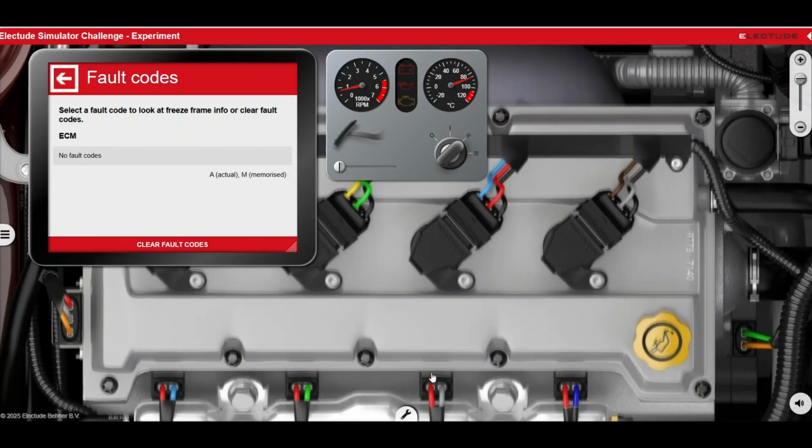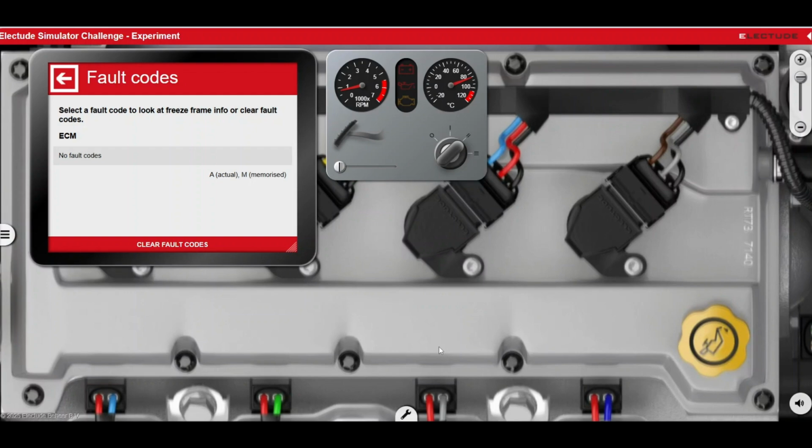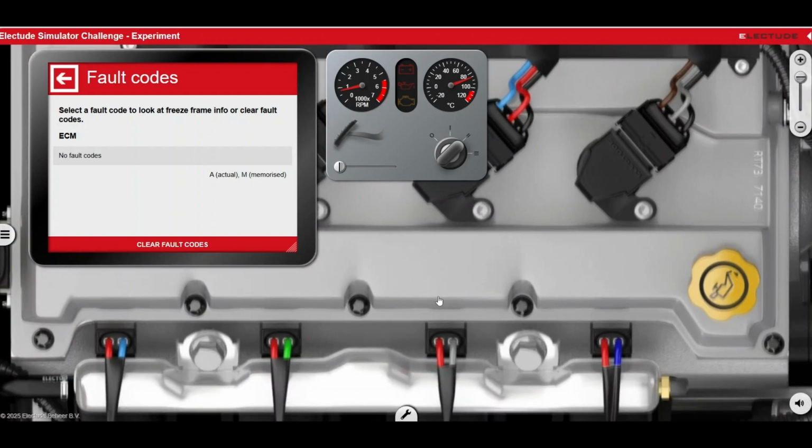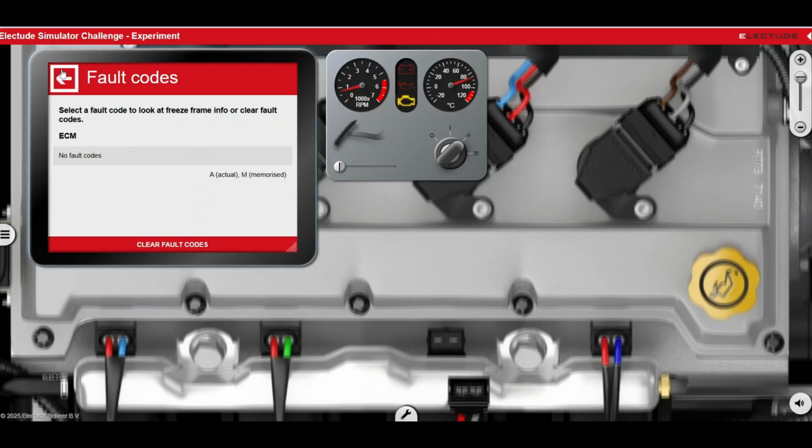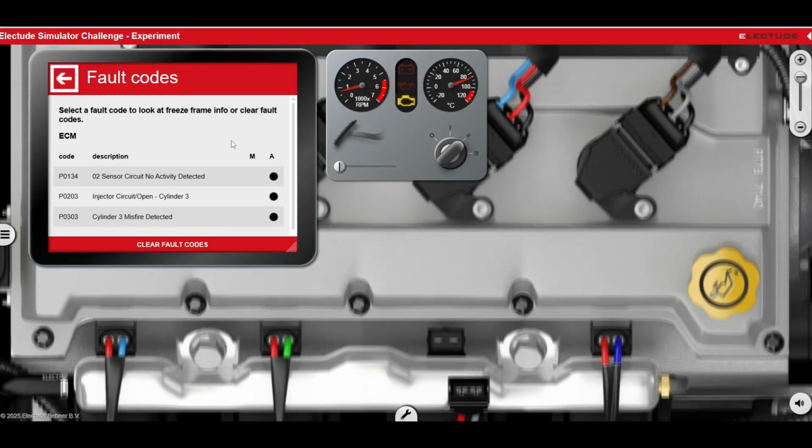Let's play with one injector, maybe injector 3. We are now closer to the engine, so you can hear the engine is louder. Unplug injector 3. Engine is still running, but you can hear how it is struggling. That's called a misfire. So if we look at the codes now,